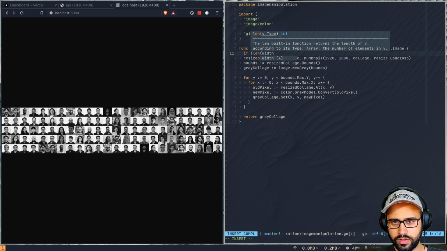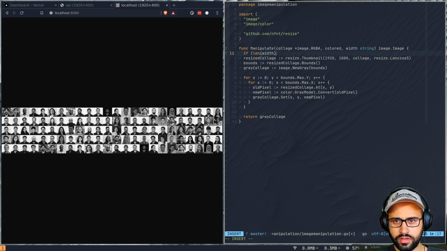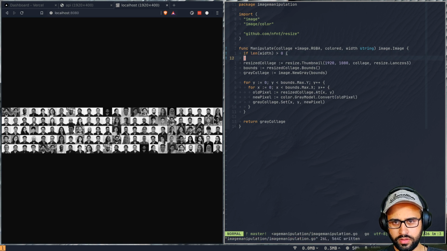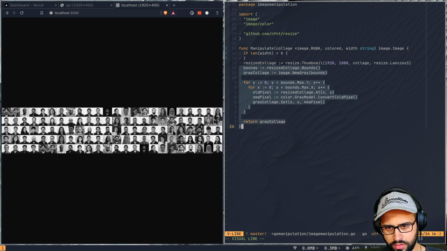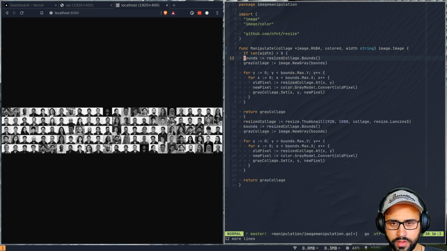So this would be width is greater than 0. In that case, get all of this, paste it over here, and then